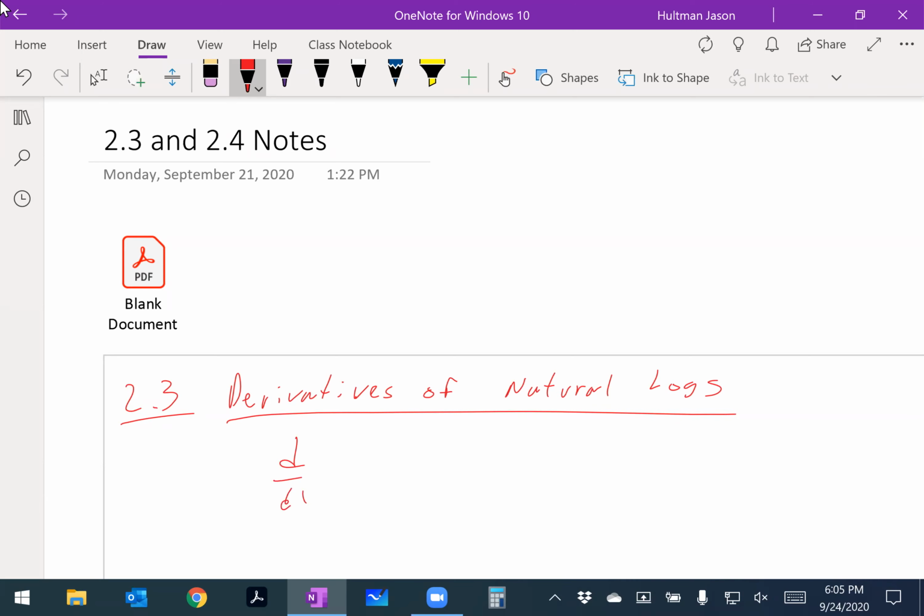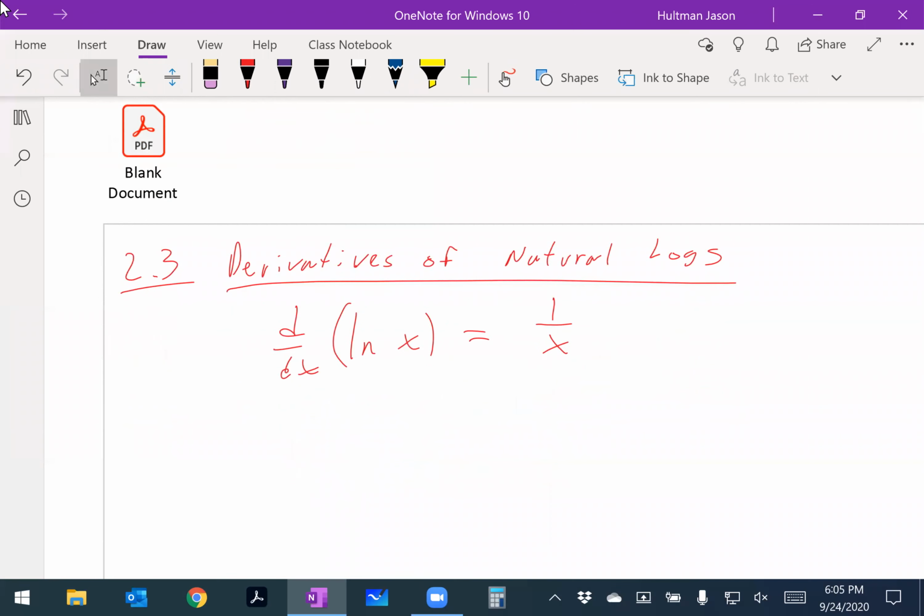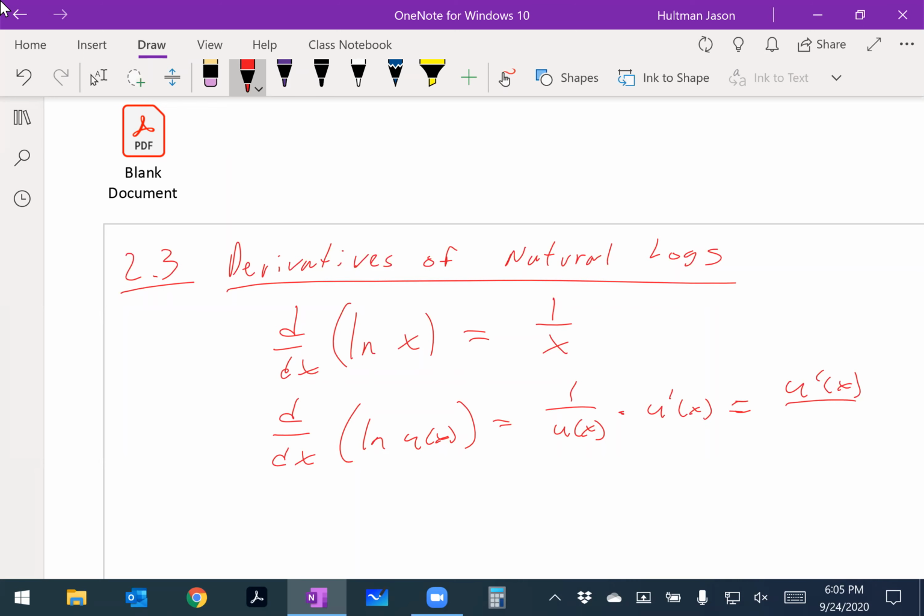Okay, so the derivative of the natural log of x is 1 over x. Okay, that's the derivative of natural log. If we think of this in terms of the chain rule, d/dx of the natural log of u of x is going to be 1 over u of x times u prime of x, or u prime of x over u of x. So it's the original function on the bottom and the derivative on the top. So if I have the natural log of